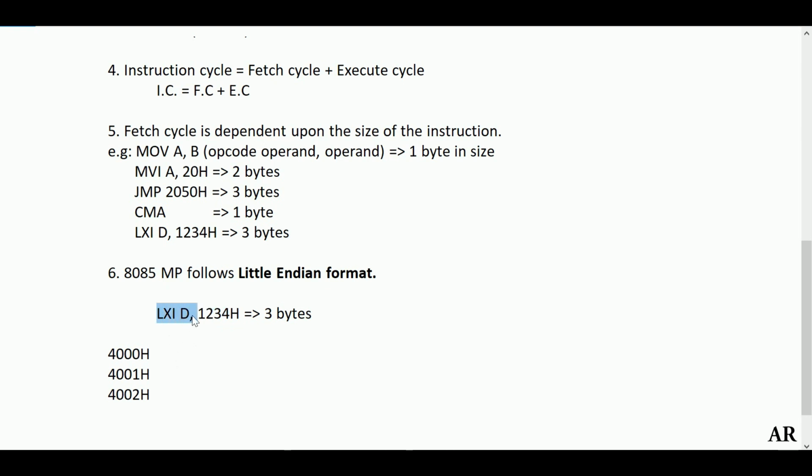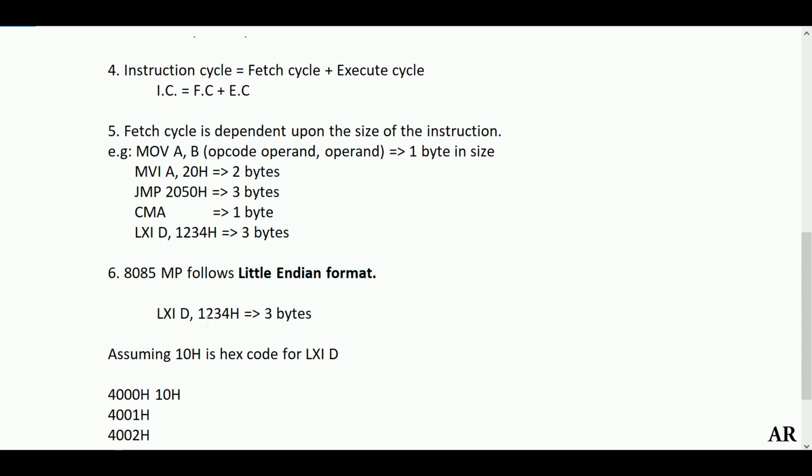Let us consider the equivalent hex opcode for LXI D. You need to check the data sheet, or search online, to get the equivalent hex code for LXI D. Let me assume that the equivalent hex code is 10H. So this 10H will be stored here first, because 10H will be fetched by your microprocessor and decoded. The microprocessor will understand that 10H corresponds to LXI D. So it means load extended immediate D, and since D is coupled with the E pair, the DE pair will be loaded with 1234H. Now how this 1234H will be stored is what the Little Endian format is all about.